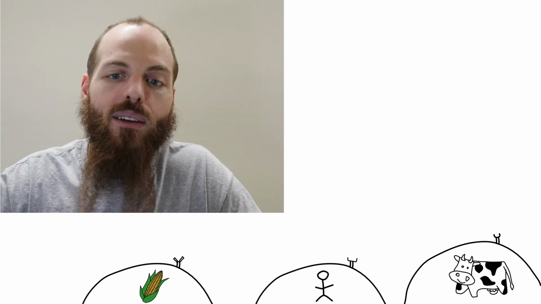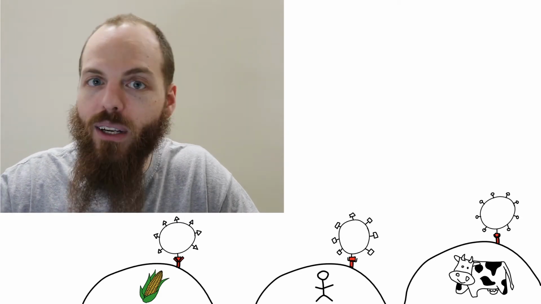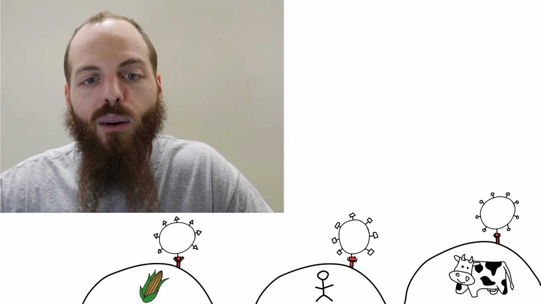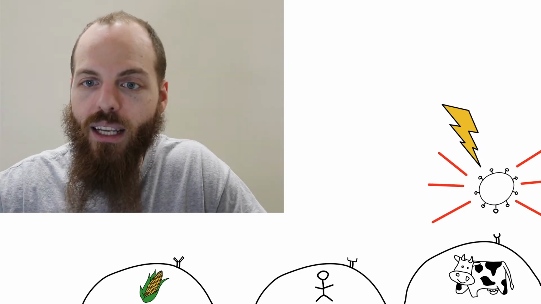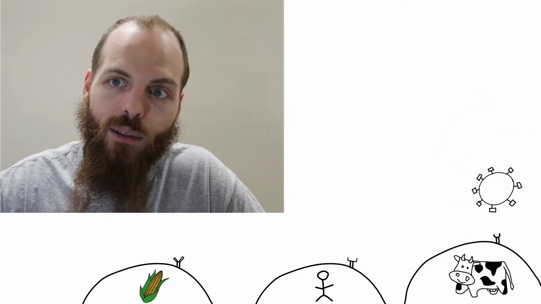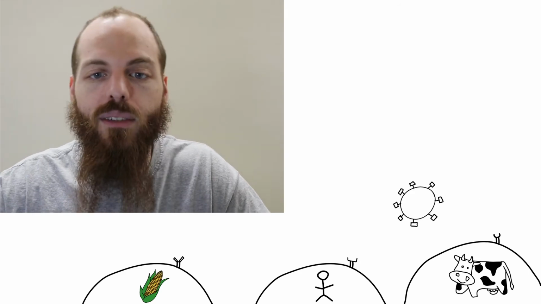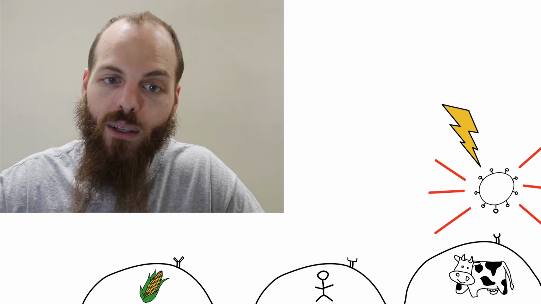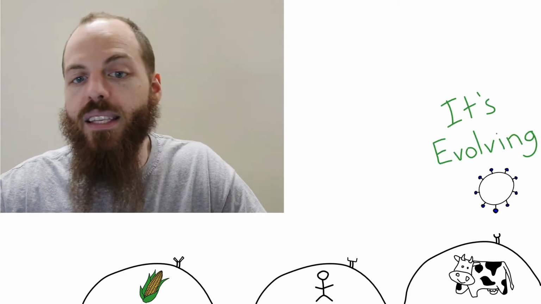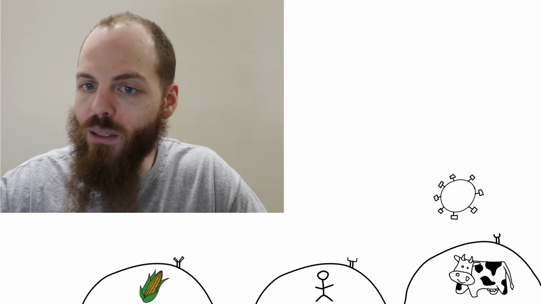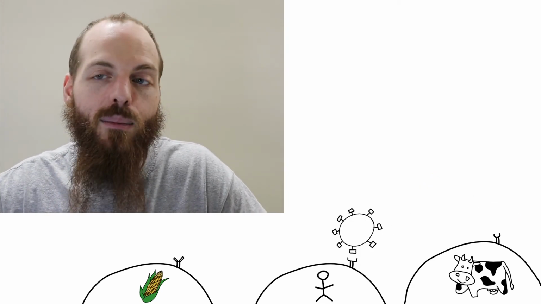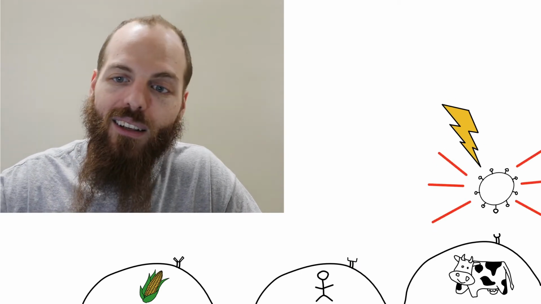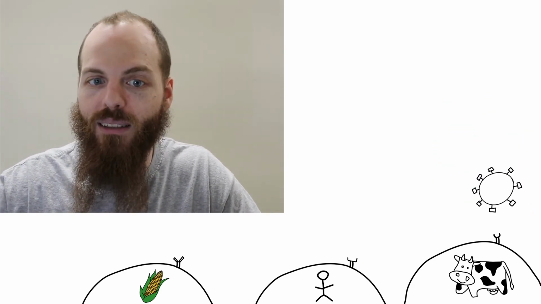And there's so many viruses that basically every different kind of living thing has some kind of virus that can infect it. Now, because viruses are always changing, they can sometimes jump from an animal to a human or between two different animals. You may have heard about bird flu, swine flu, or how this new coronavirus probably came from bats. This happens because viruses are always mutating and changing, and sometimes the shape of their key changes so that now it fits the lock on our human cells and is able to infect us.